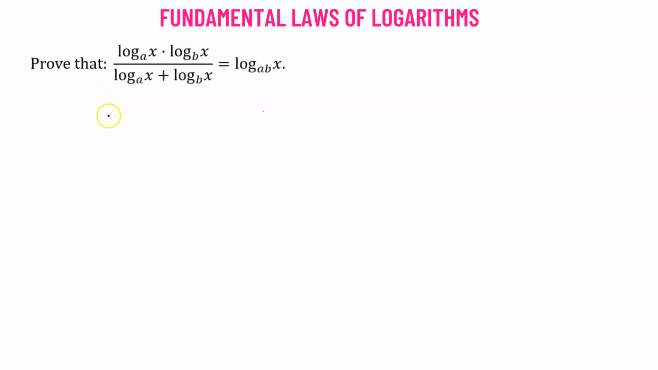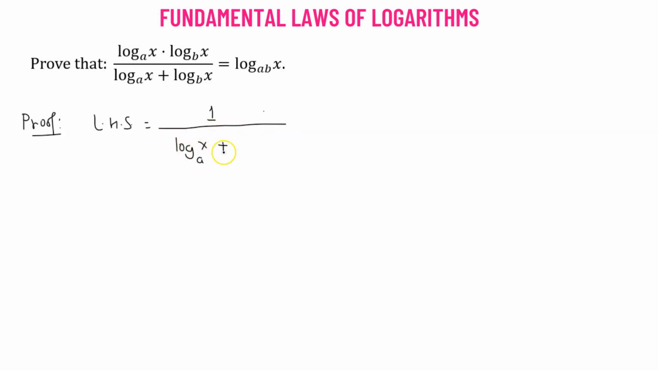So here we need to prove the following. So let's begin from the left hand side. What we'll do, we will consider the numerator and divide both the numerator and the denominator by the numerator. So that means in the numerator we have 1, and now in the denominator we have log of x